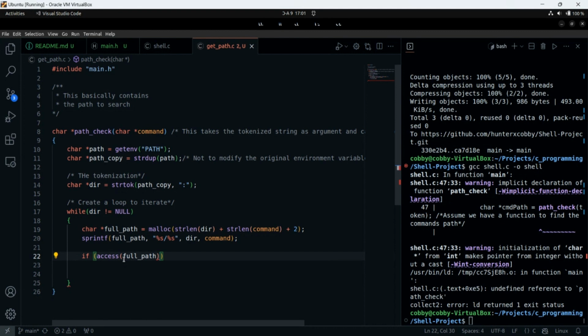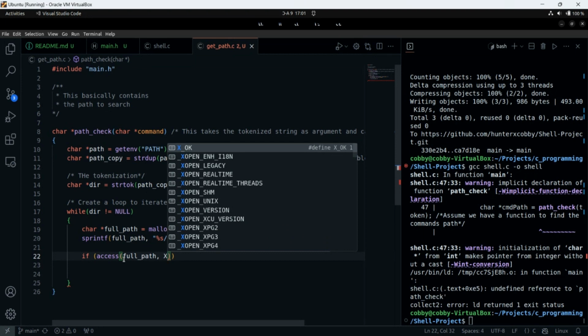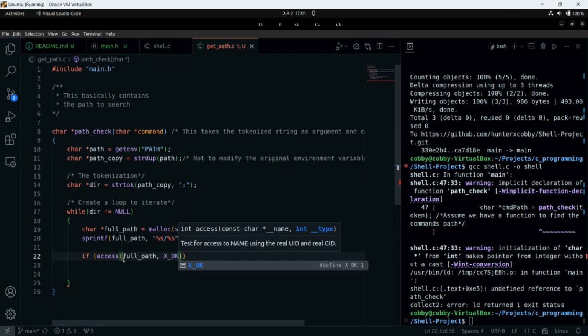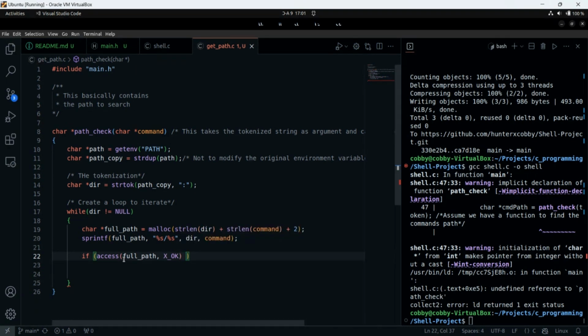Good. So when we say that if the file is executable, what does it return? First of all, we want to add the mode. In order to check if it's executable, I talked about the different modes. If you don't know them, you can go back to the recorded sessions and see that X underscore OK is used to check if a file is executable. And if it's executable, it returns 0. So if full path is executable, then what do we want to do? We want to finally execute whatever we are having.